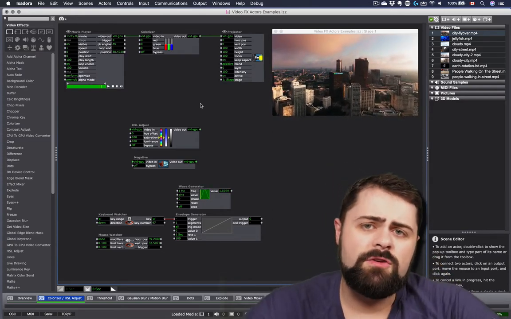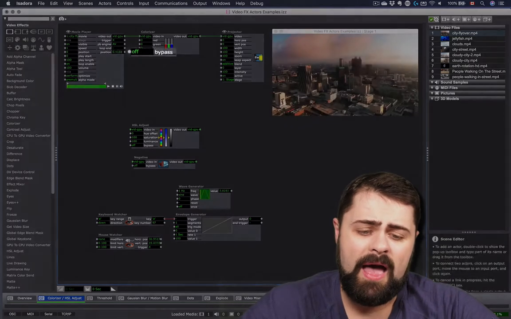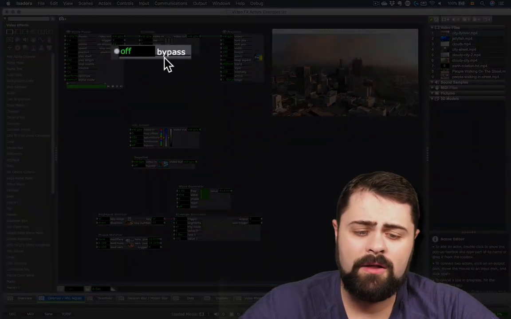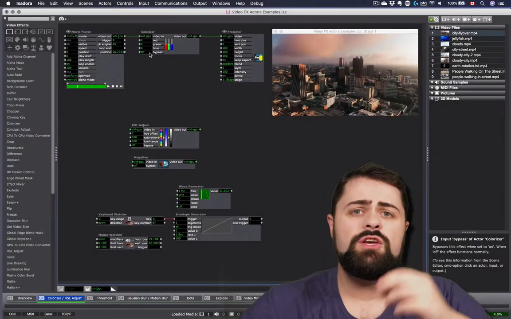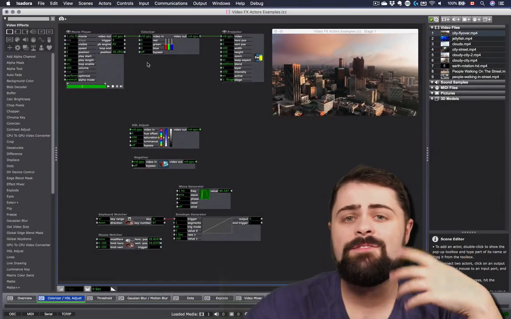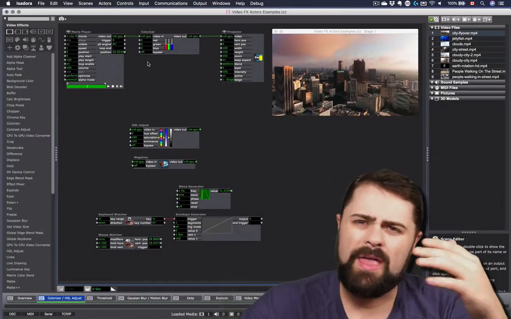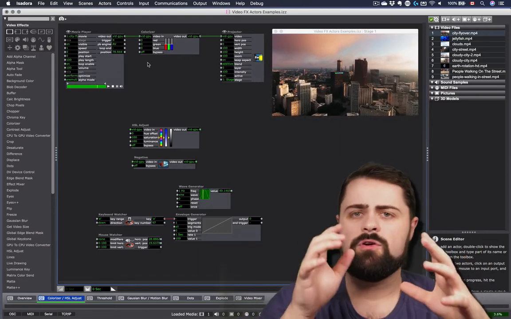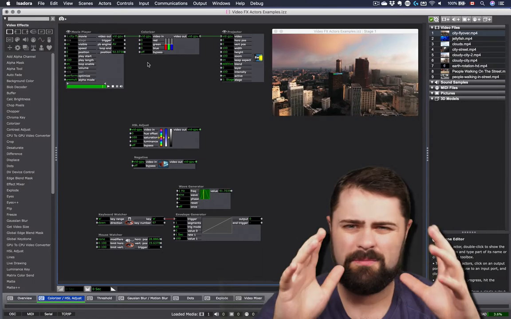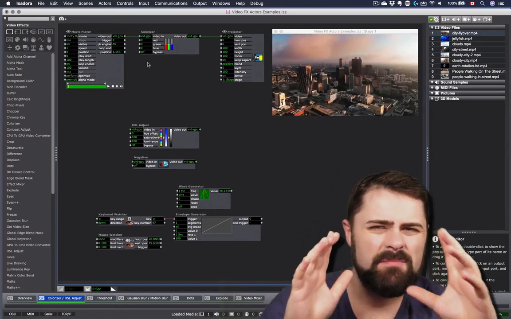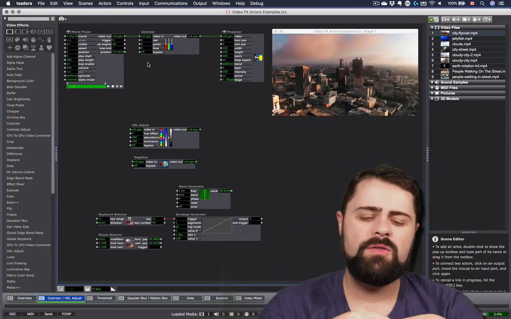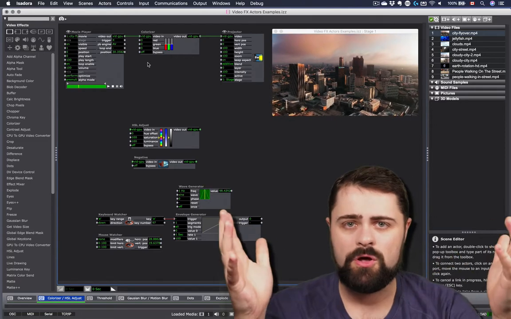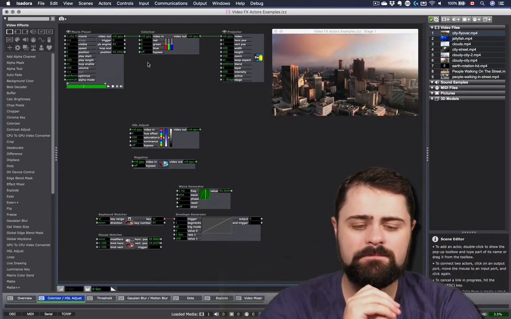Most video effects actors also have a bypass input at the very bottom of the actor. This allows us to quickly shut off the effect as if we deleted it from the chain without actually removing it. So this is a useful toggle if you're using several video effects and you want to compare, oh, did that actually have an impact in the way that I think it did? Rather than needing to delete everything and lose all the properties that you've messed with.